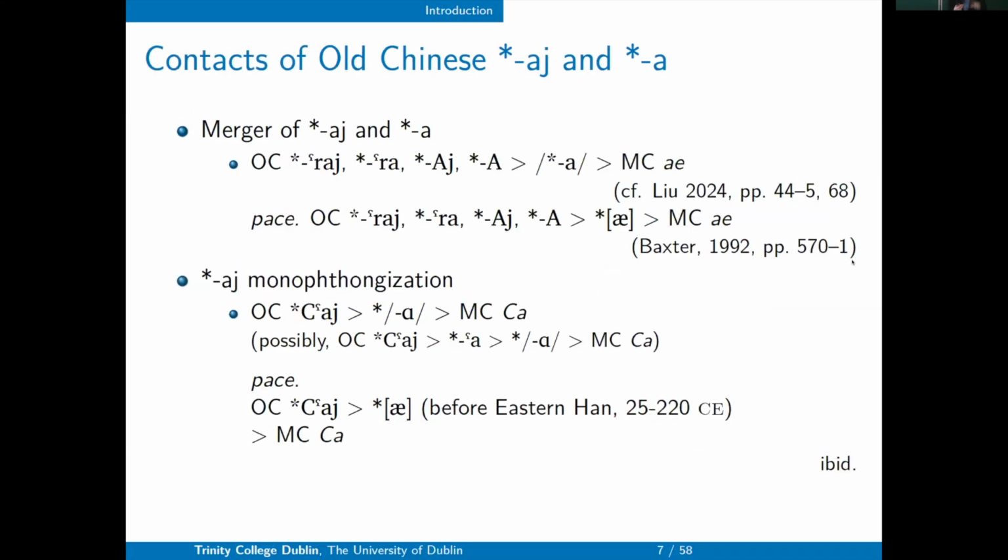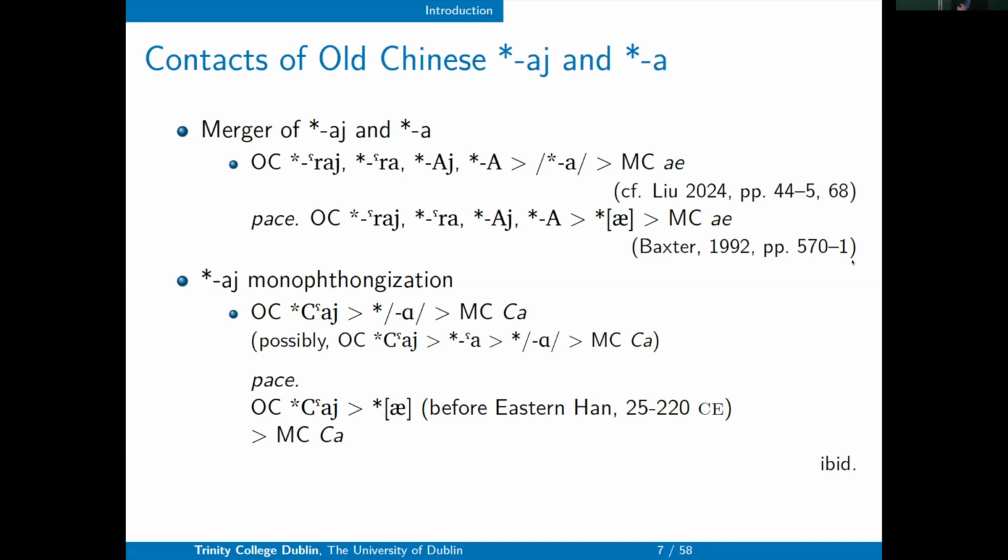We can conclude that the first context of Old Chinese *I and *R interaction is the merger of Old Chinese *R and *I in type A syllables with a medial *R, or in some unidentified dialects in type B syllables with acute initials. And here I reconstruct it as a front vowel *R rather than following Baxter, who used it to write *a in Baxter 1992, because later Buddhist data suggests that maybe it's a front vowel *R.